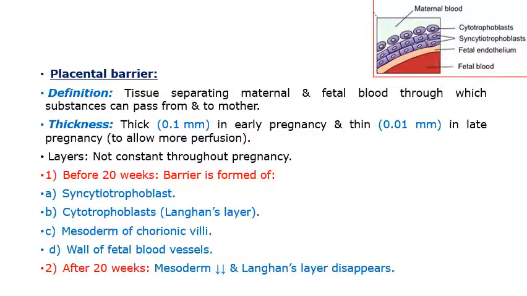The placental barrier is the tissue separating the maternal and fetal blood through which substances can pass from and to the mother. Its thickness is thick early in pregnancy, 0.1 millimeter, but after that becomes thin, 0.01 millimeter in late pregnancy, to allow more perfusion. And the layers before 20 weeks are formed of syncytiotrophoblast,